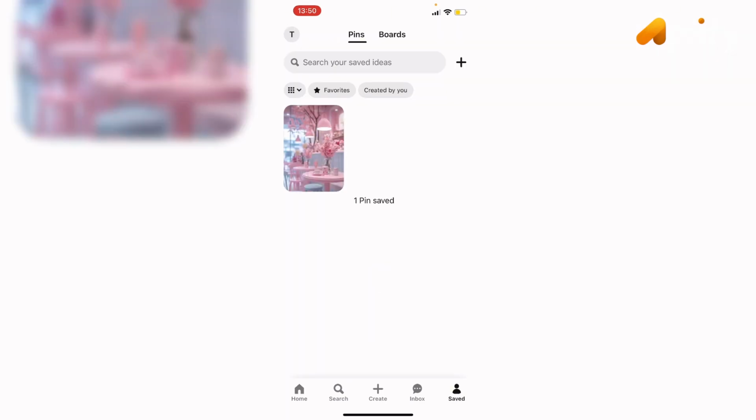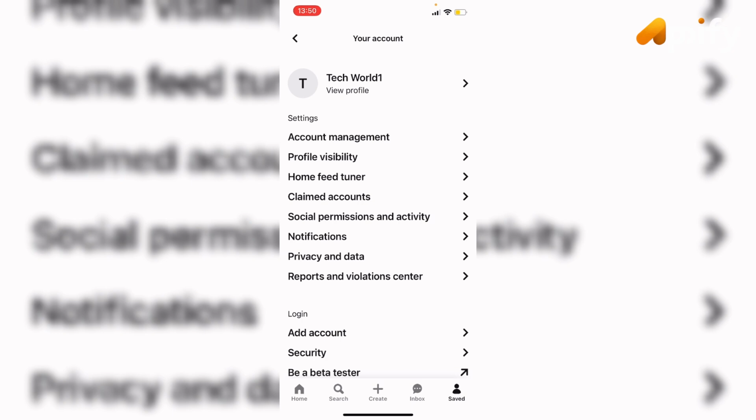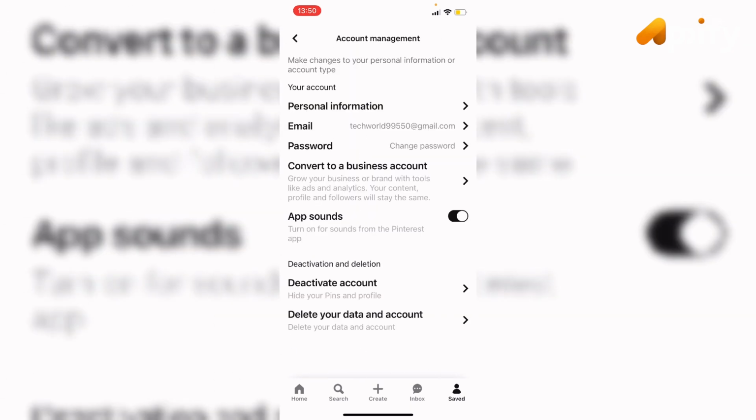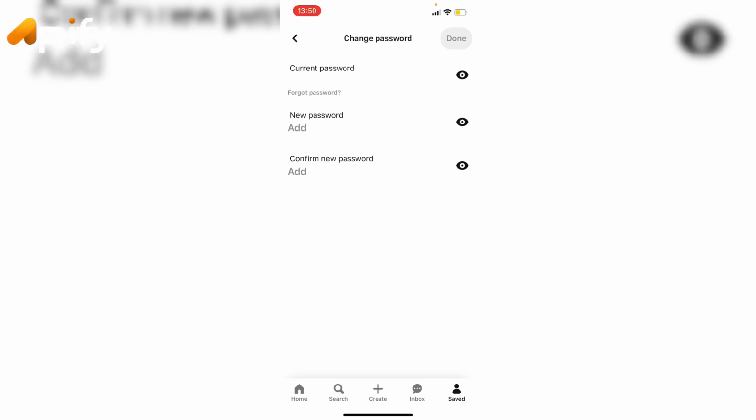Now go to the profile on top left corner, tap on it. It will navigate you to this interface. Now tap on account management. Here tap on password. And now enter your current password, enter your new password, and again enter your new password